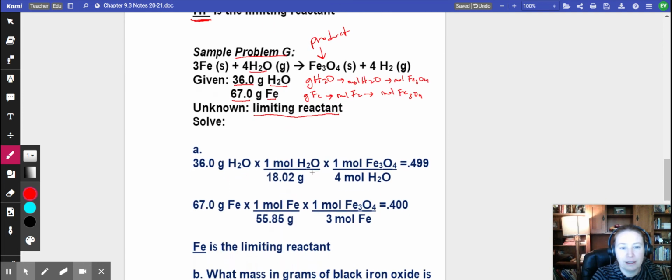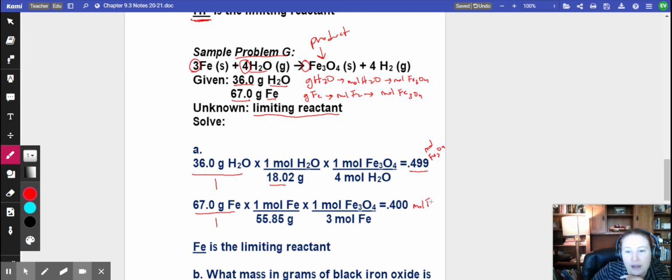Let's see here. Okay, so I started with 36 grams of water. I divided by the molar mass of water, 18.02 right here, and then times the mole ratio, which was 1 of these guys requires 4 moles of water. So it's a 1-to-4 ratio, and I made 0.449 moles of Fe3O4. And then I start with 67 grams of iron, divide by the molar mass of iron this time, and this ratio is 1 to 3 because the coefficient for iron is 3, I get